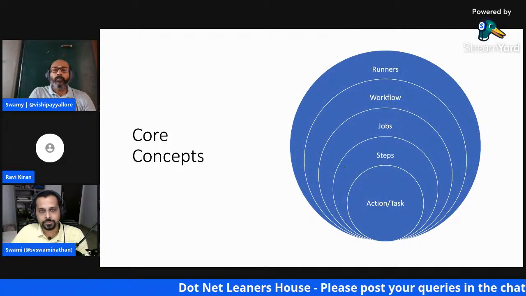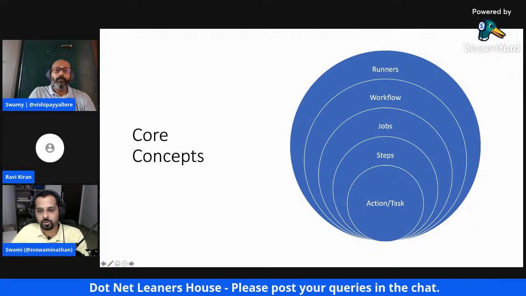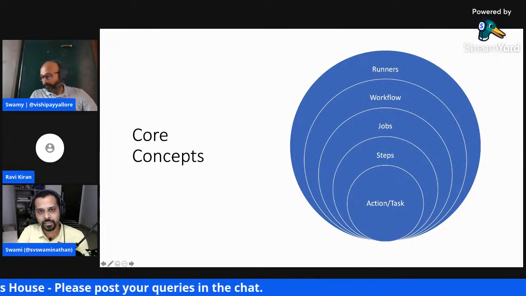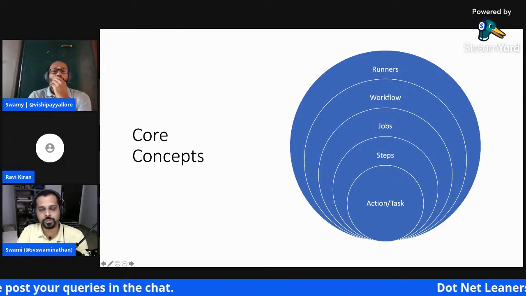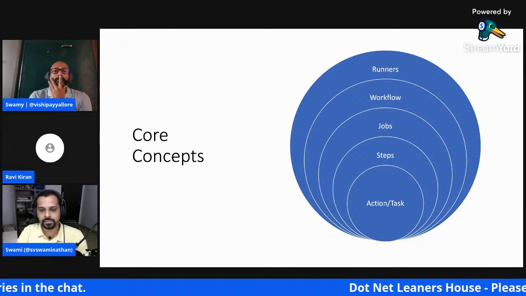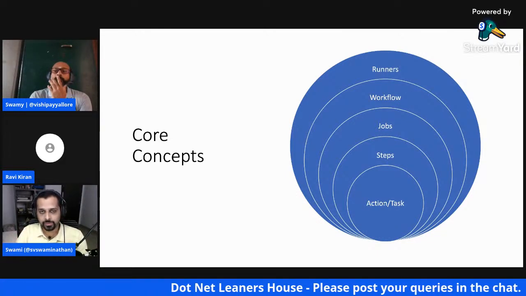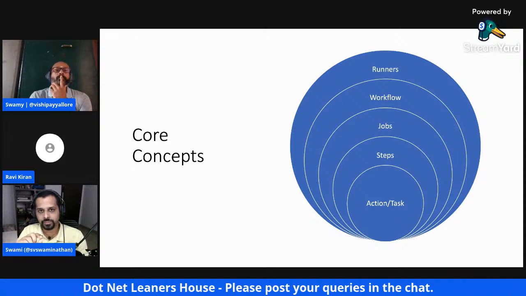And yeah, so now getting into some of the core concepts, right? I would like you to look at it from the bottom. At the bottom of the entire GitHub Actions is the action, right? That's the smallest unit you can think of. The action is the smallest executable thing, right? And I'll also show an example, then it will become very clear. For now, you can think of it as a simple task.